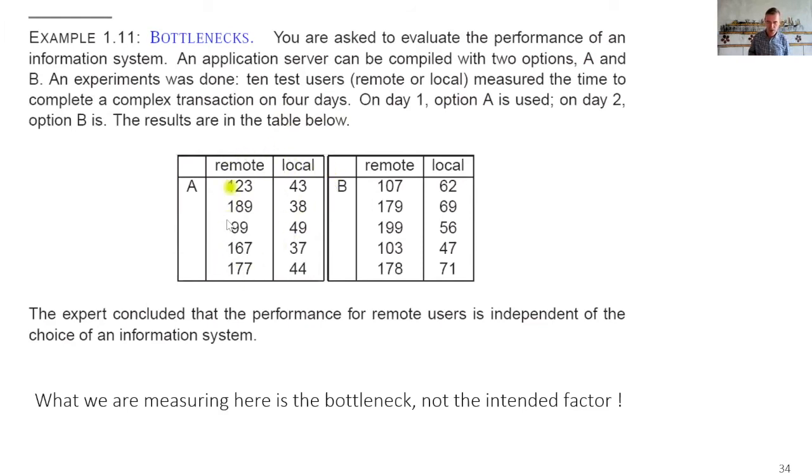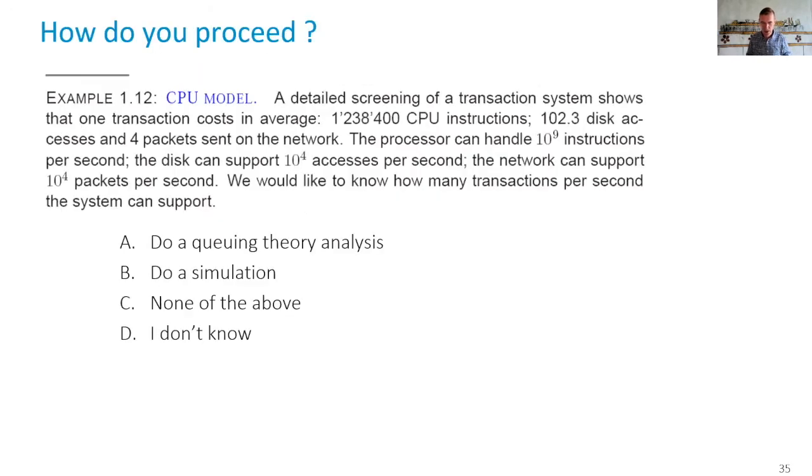So here, what this is indicating is that the bottleneck is really the remote access to your system here. So what we're measuring when doing that, when we say it doesn't matter, is, of course, it doesn't matter because what we're measuring is the bottleneck. So the bottleneck is something that limits your performance more than anything else. That's a hidden factor if you're not aware of it. So here there's a hidden factor that is more important than the factor of interest. Of course, not surprisingly, we conclude that the factor of interest does not play a role. So we can sell A as well as B. But in reality,